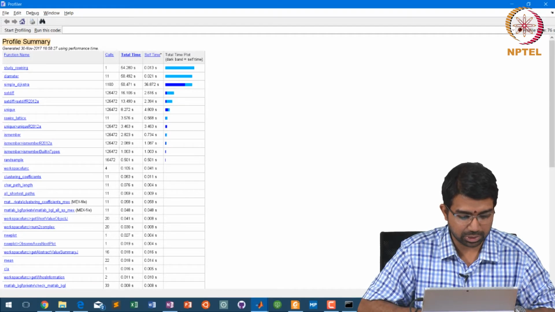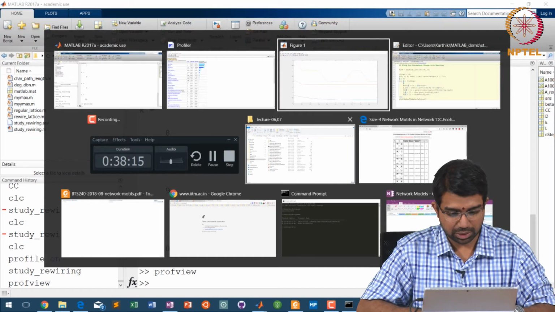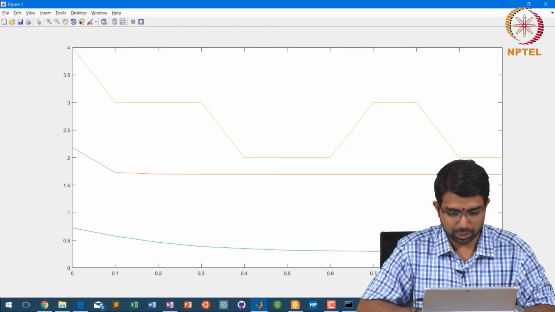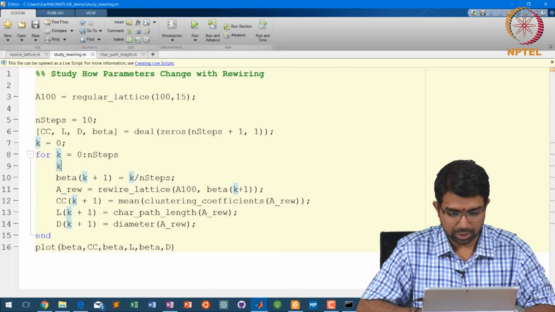That seems a little slow. For example, all shortest path seems even faster. So it looks like this is the killer here. So what we can do is, let's